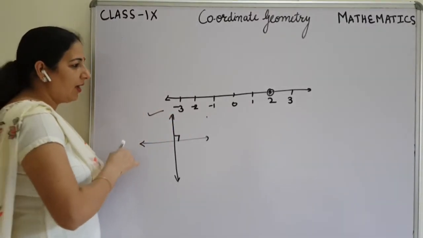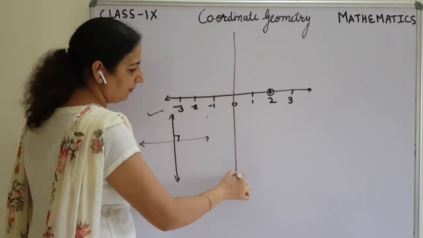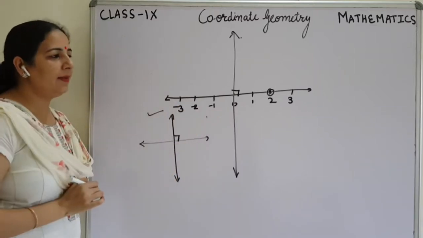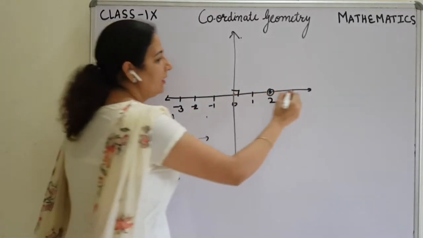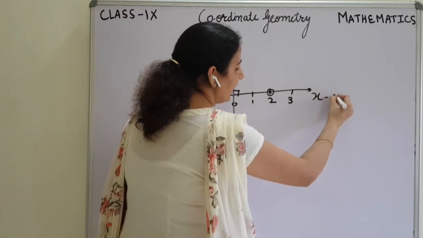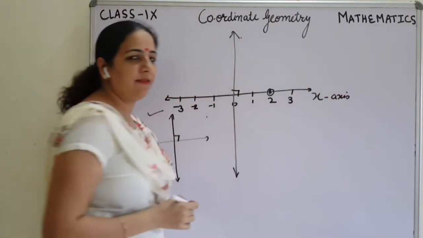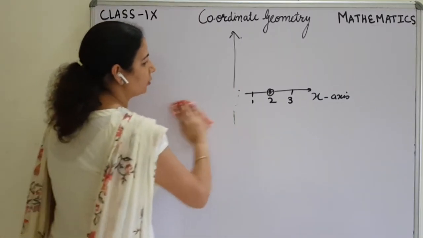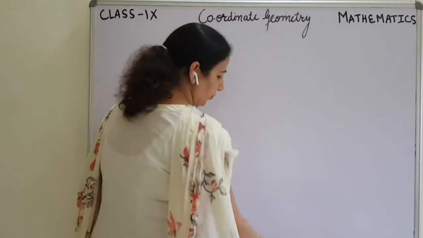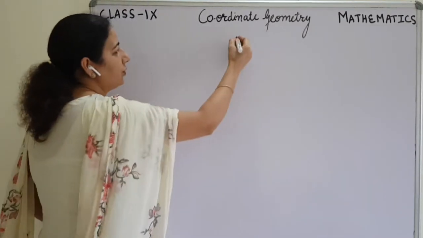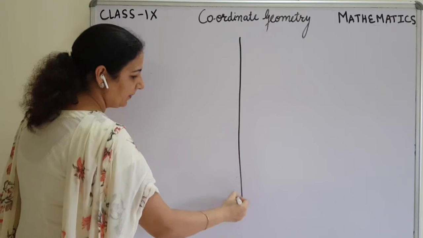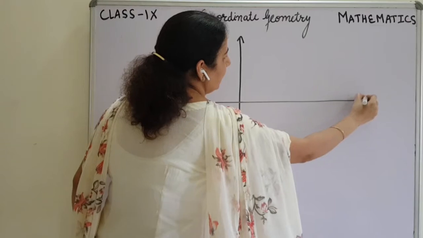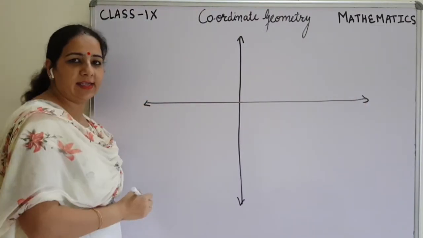So here we are going to start with the Cartesian plane. This is the plane and the lines will intersect at a 90-degree angle. This horizontal line is known as the x-axis. So let me draw a fair diagram for this, so that it will be more clear to you. This vertical line is known as the y-axis, and this line is known as the x-axis.